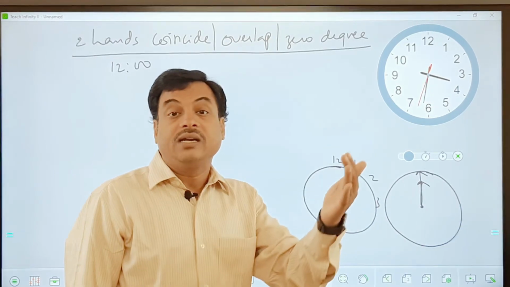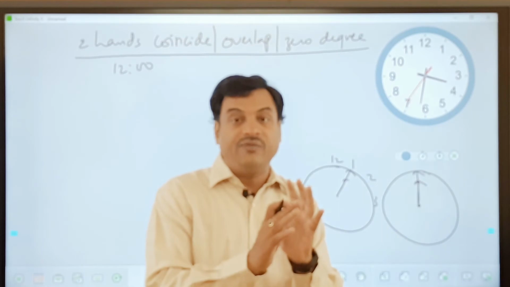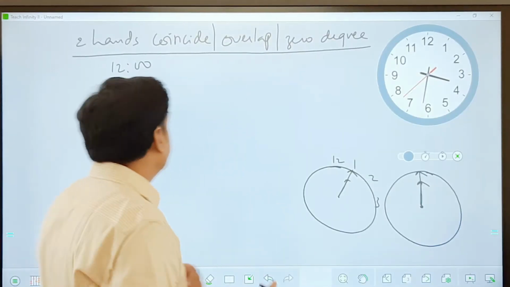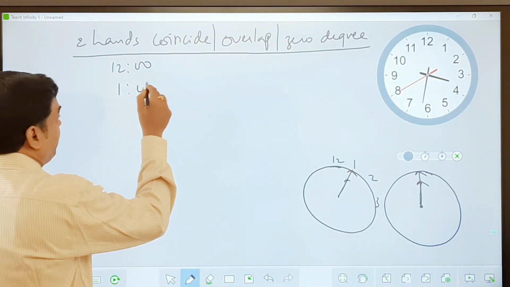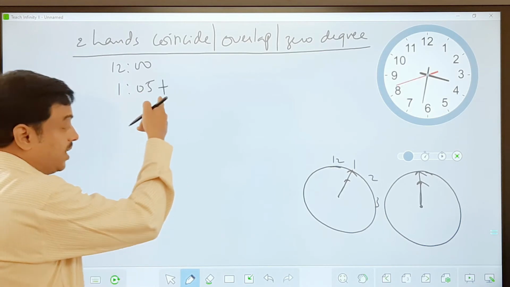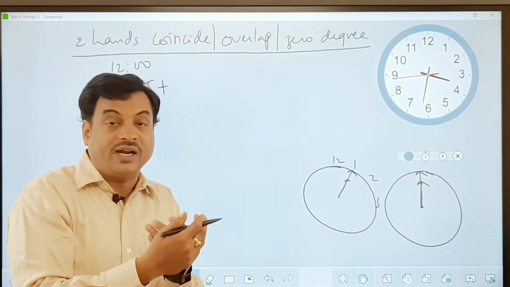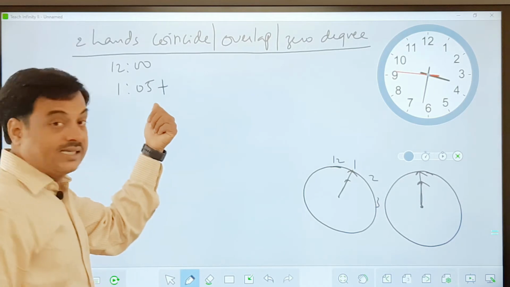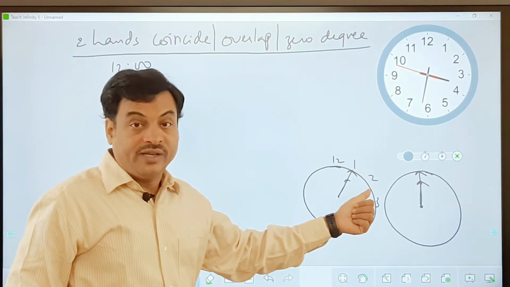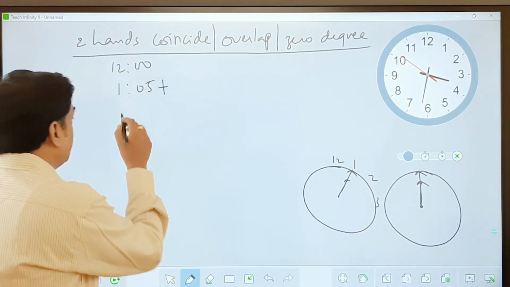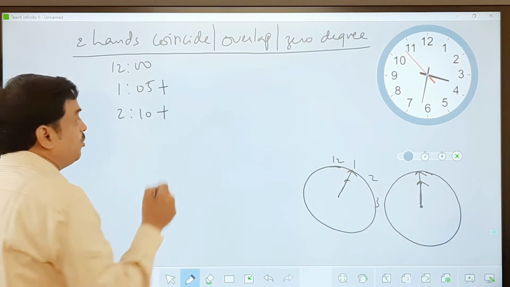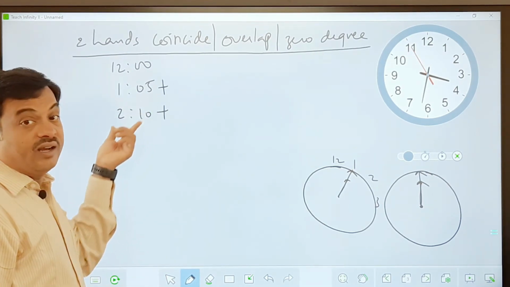Then it happens at 2:10, but not exactly at 1:05, not exactly at 2:10. Okay, so say 1:05 plus. I don't know what that fraction value is; we can find out that fraction value here. I'm just saying it is not exactly at 1:05. Then 2:10. Now you must be wondering why not at 1:05, 2:10,